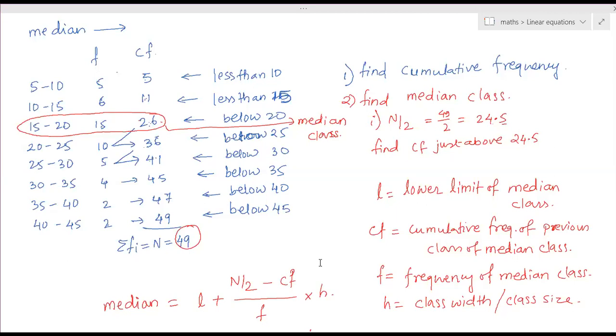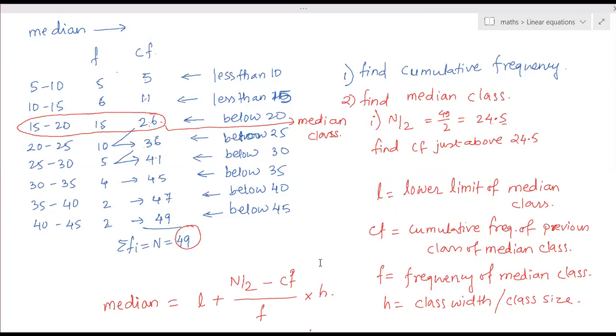When in one question they ask us to find mean, median, and mode, in one table I mark one as A. Then when I find the median, I mark another cumulative frequency. Do all the tables separately. Don't do it all in one single table. Do a different table for median and a different table for mean. Then you can sort out that issue.